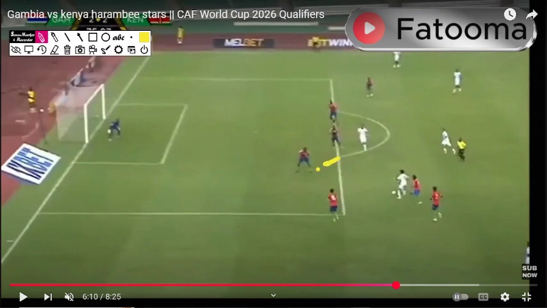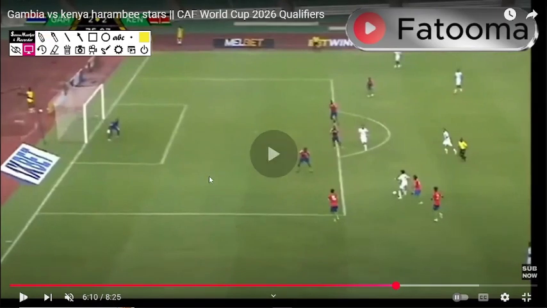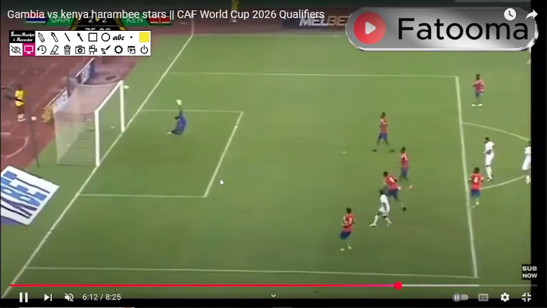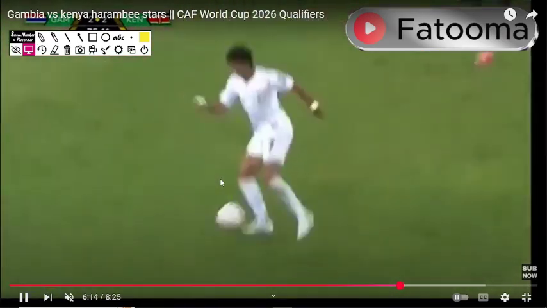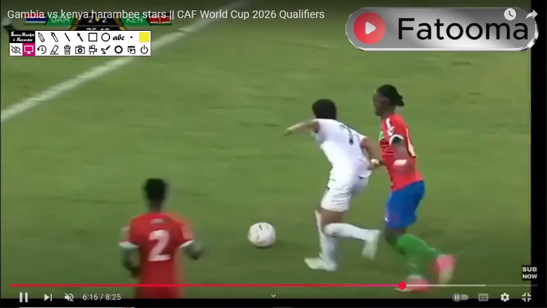yes, some would say no, he would leave a space, but there is a man here and there is a man here that would have probably taken care of that. But just by tilting his body or moving his body slightly in the opposite direction, it opened up the angle for the player with the ball to take the shot. And that is a lovely goal. That is a golazo. So many great goals in this.